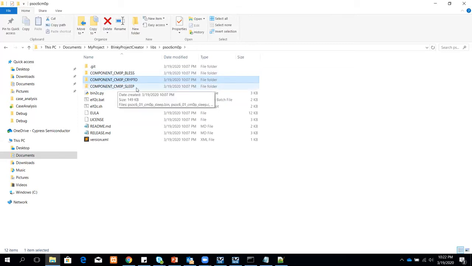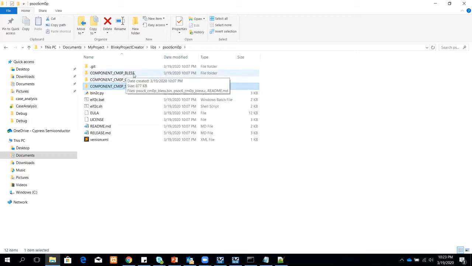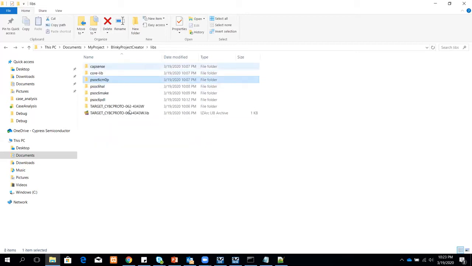The sleep image enables CM4 and then the CM0 core goes into sleep. The crypto image starts the server on the CM0P core and then goes into sleep. And then you have the BLE subsystem image, which enables the BLE subsystem, and then goes into sleep. So these are the 3 pre-built images that are available, and you just need to use any one of them as part of your application.